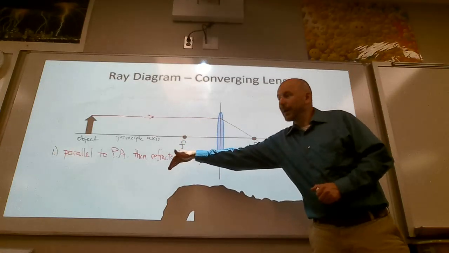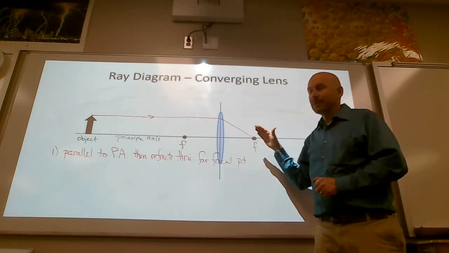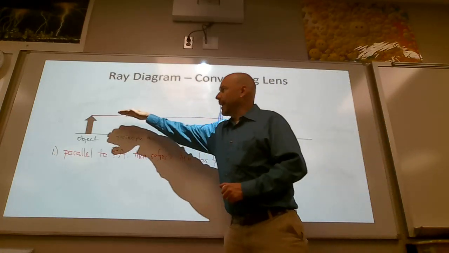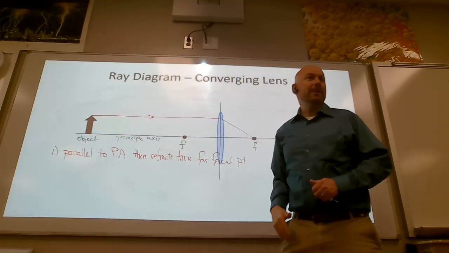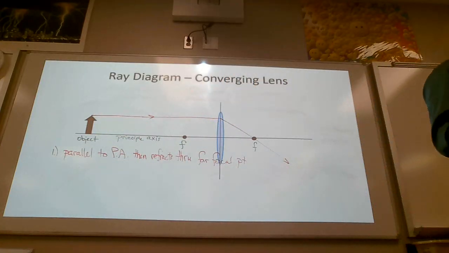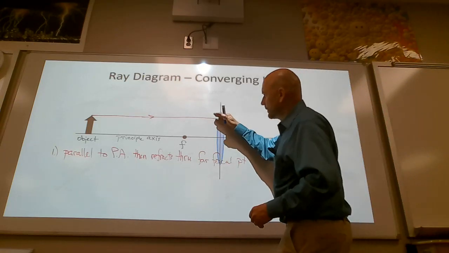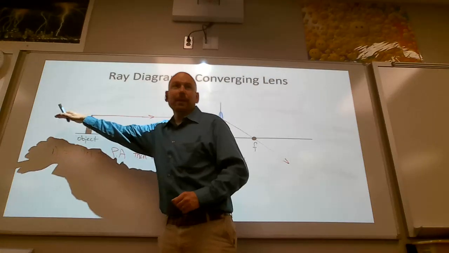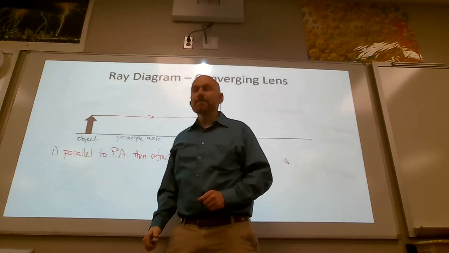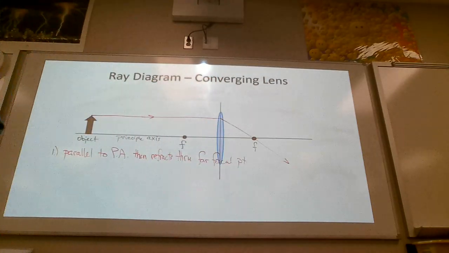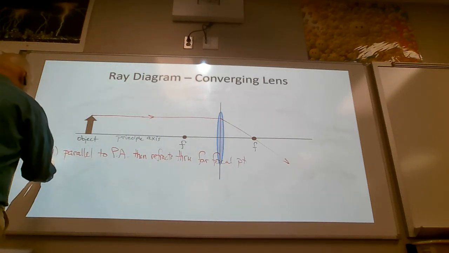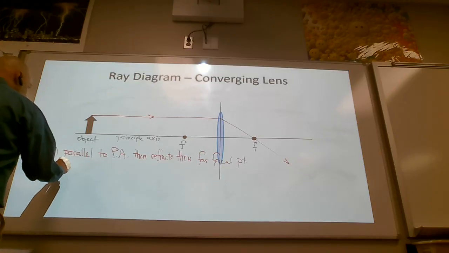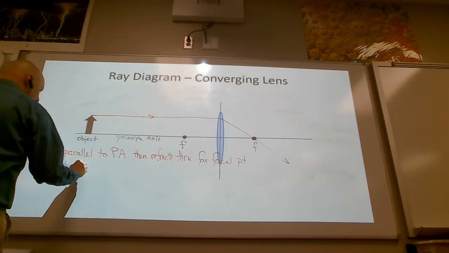I think it's going to go back down this way. It's going to refract parallel. This idea, like if I can see you in a mirror, someone else can see me. If I'm reversing this light, it's going to go in that same direction. Okay, so we're going to use that same idea for this second ray. So the second one is we're going to go through the near focal point,